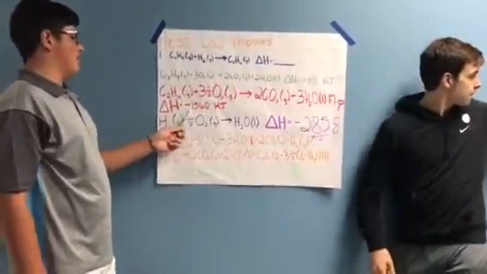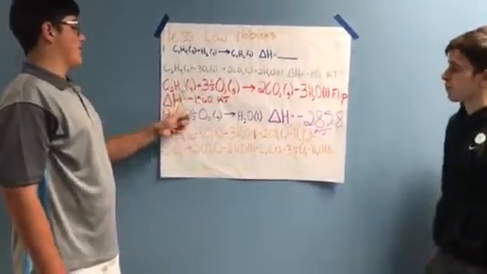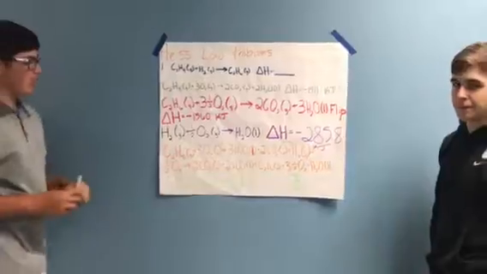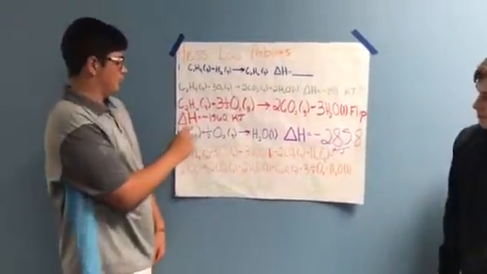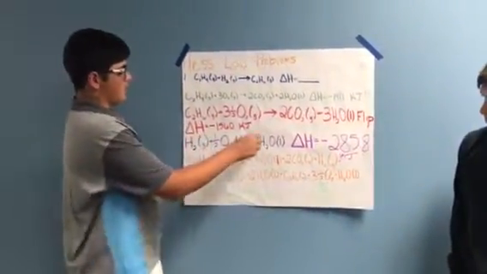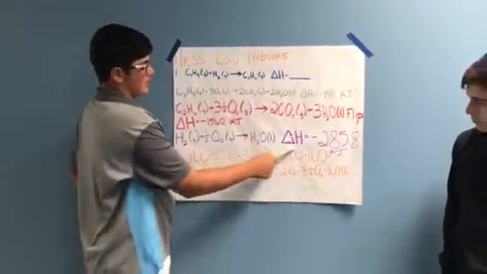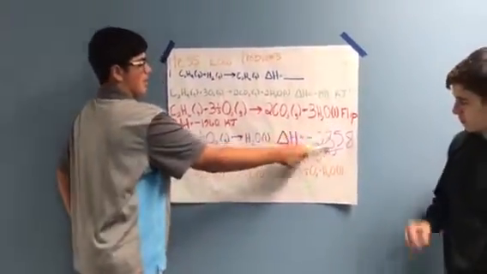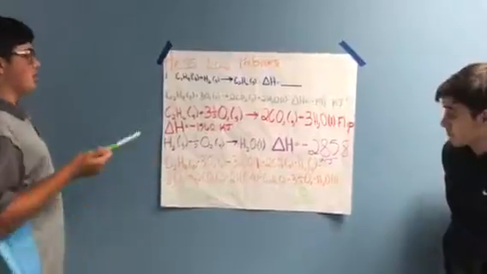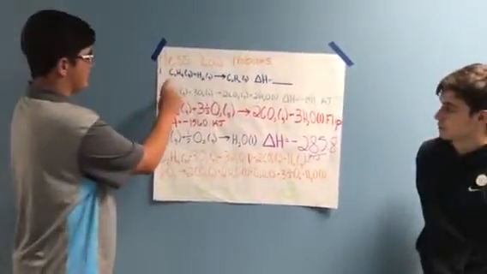And our delta H of that was negative 1,560 kilojoules. Our third equation was H2 plus 1/2 O2 yields H2O, and the delta H of that was negative 2,858 kilojoules. And so what you had to do is you look here, and you notice that C2H4 was on